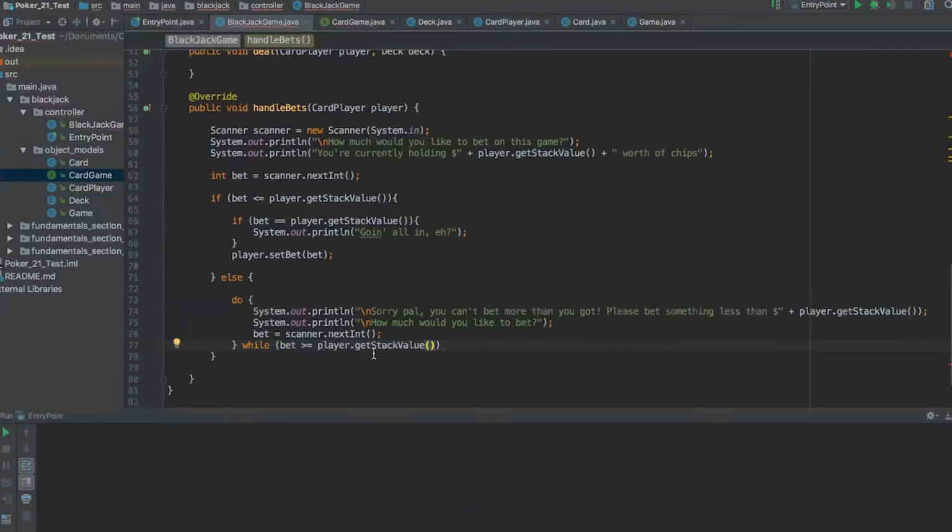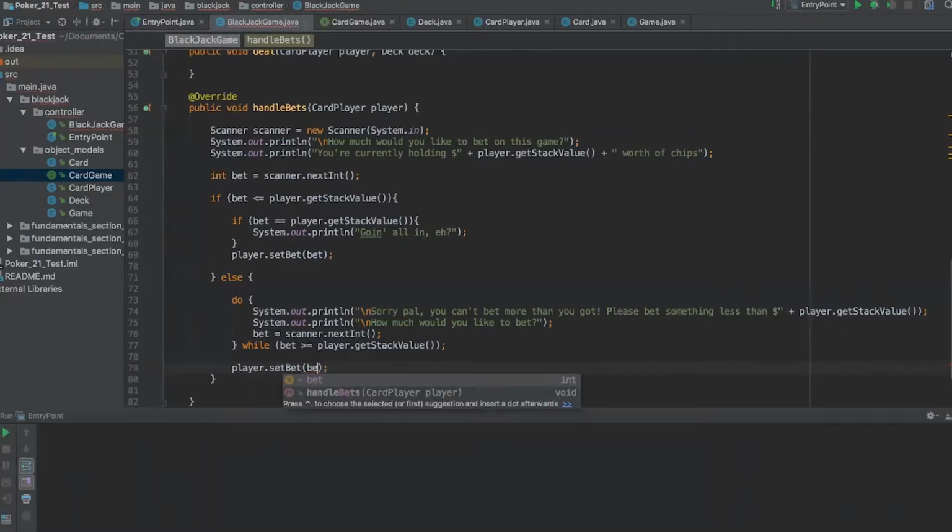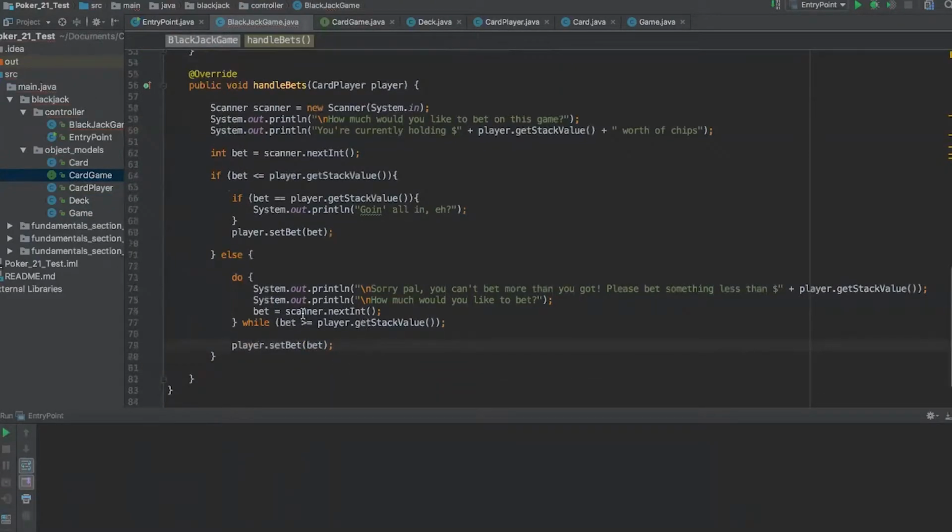And then once they get out of there, meaning that they put in a bet that is less than or equal to their current stack value, then we can say player.setBet bet. Right? So we might have to come back and play with this, but I'm basically thinking as long as the bet they put in is less than or equal to what they currently are holding, we do a quick all-in check just to